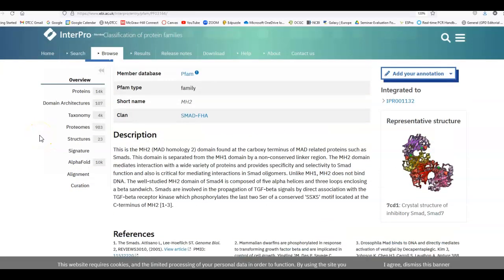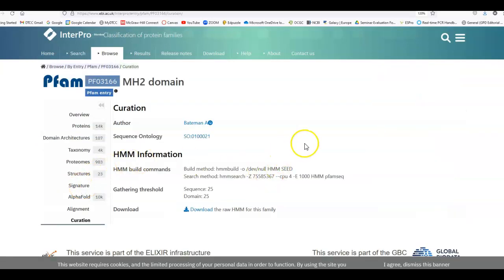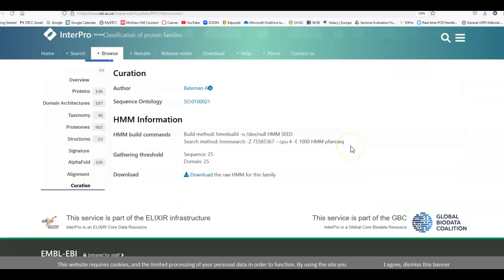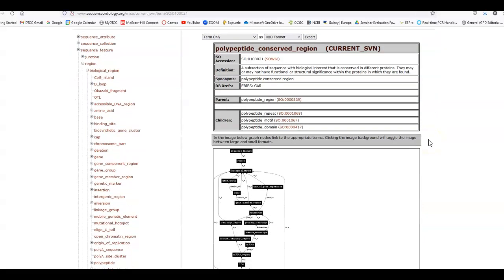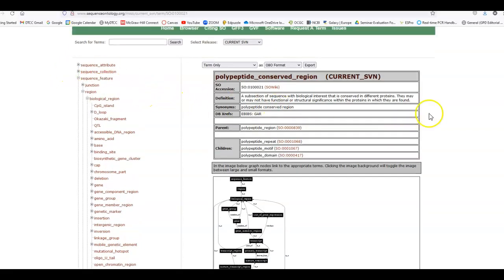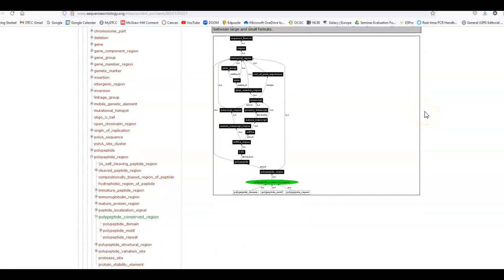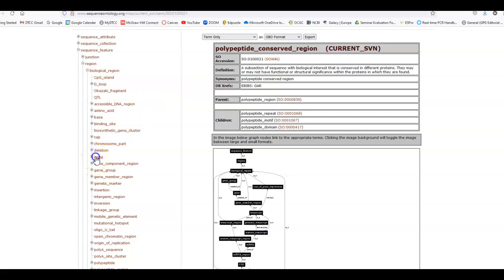the curation is one other thing I want to show you about really quick. And this is basically the information related to the sequence ontology of this. And when I click on that, you'll see that this gives me more information, a lot more in fact, about this particular domain, which is really nice. And you can see here that it's probably a little small on your end, but I have a lot more information that I can look at from here. I can click on gene,